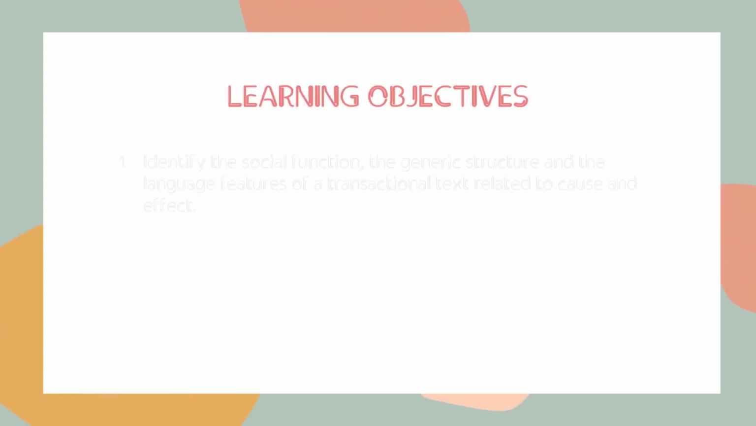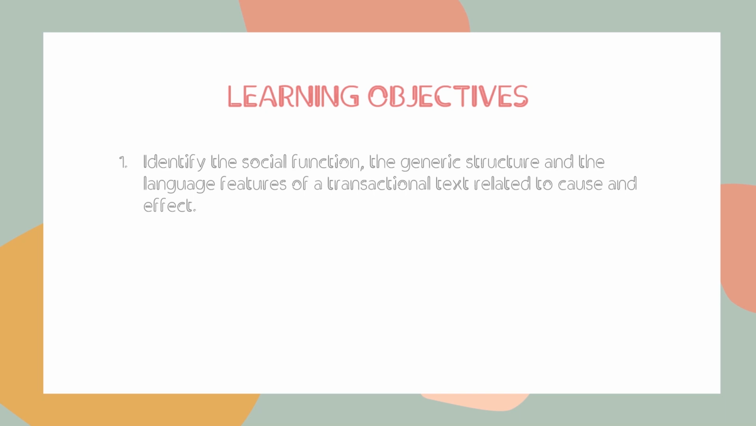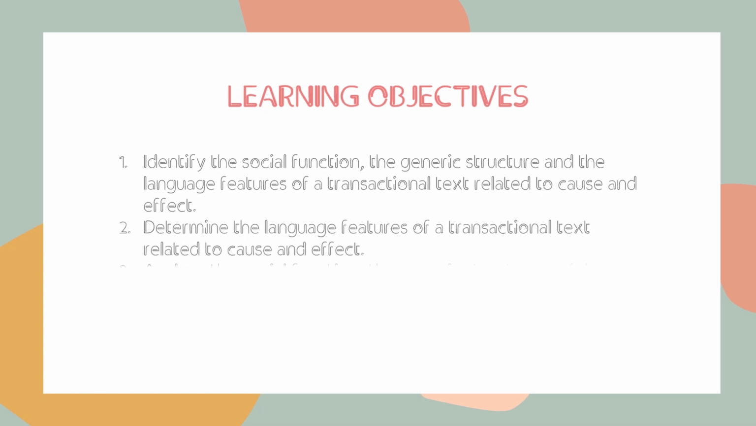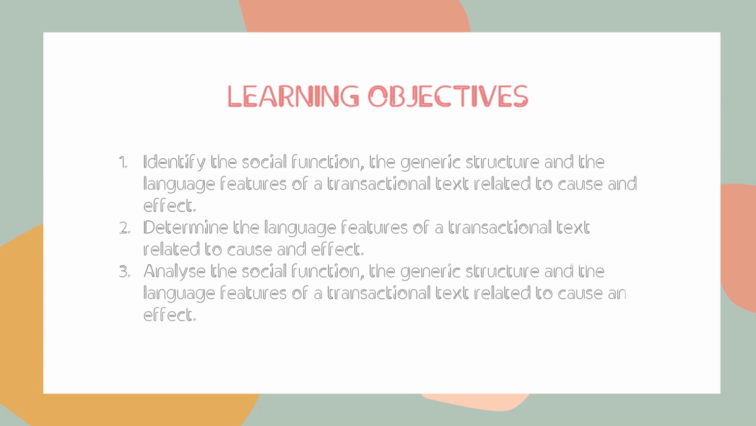1. Identify the social function, the generic structure, and the language features of a transactional text related to cause and effect. 2. Determine the language features of a transactional text related to cause and effect. And the third one, analyze the social function, the generic structure, and the language features of a transactional text related to cause and effect. And the last one, you must be able to arrange a transactional text related to cause